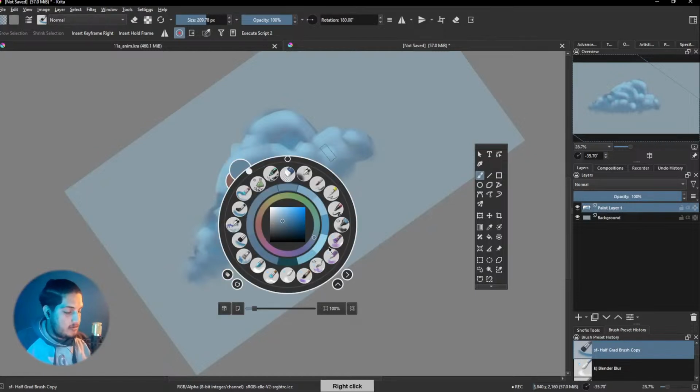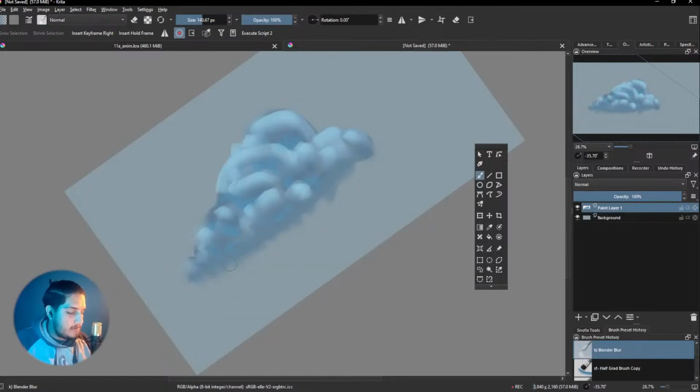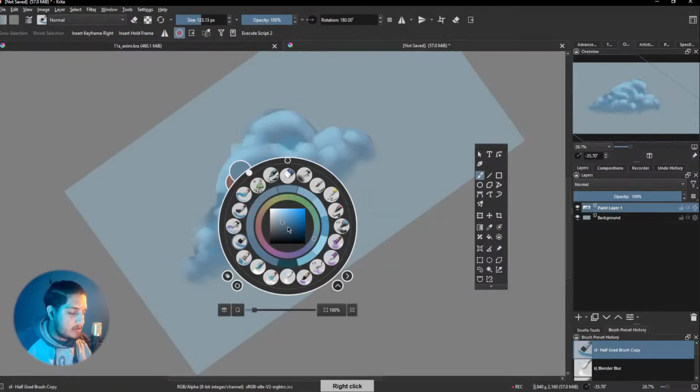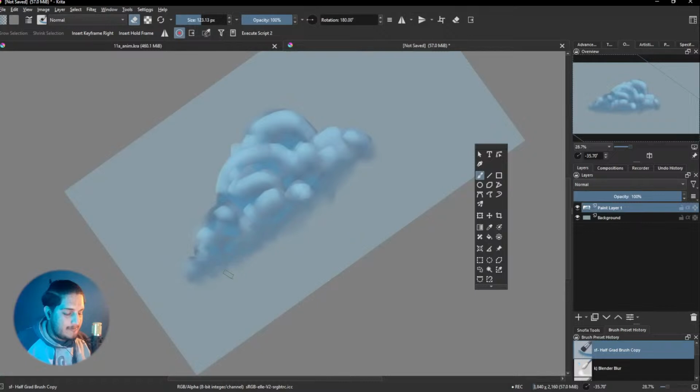Anyways, and now we can use the blending brush again, which is a default brush in Krita, and we can just blend off all of the forms, and we don't really want the edges to be soft all over the place. So we're gonna bring back our main brush. I don't know what I call it, but I think it's a very weird name, so I just call it my main brush. And then I'm gonna switch the settings to erasers by using Shift E, which you have to set up in the beginning, and I forgot how you do that, but